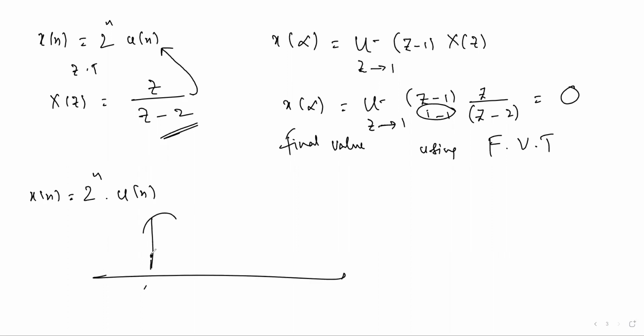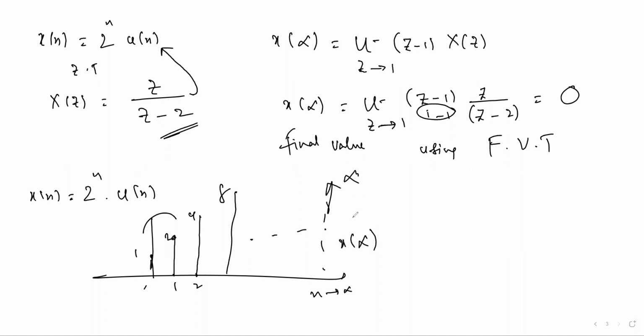For n value 0, it is 1. For n value 1, it is 2. For n value 2, it is 2 square, 4, 2 cube, 8. So as n tends to infinity, it is going to infinity. So x of infinity value will be infinity here in time domain. But if we use final value theorem, we get the final value 0. So infinity and 0,